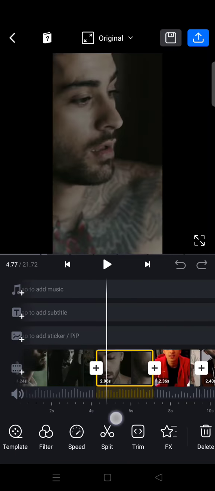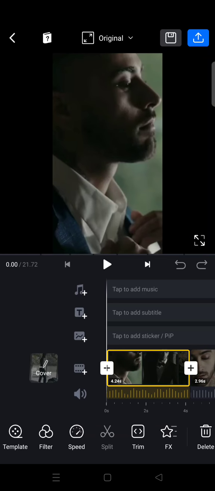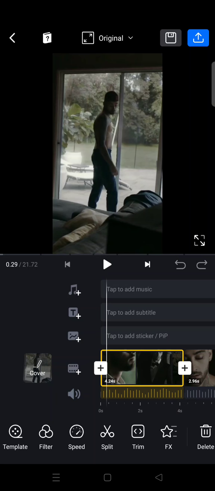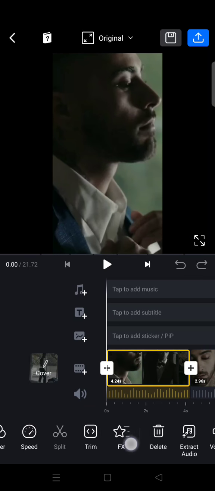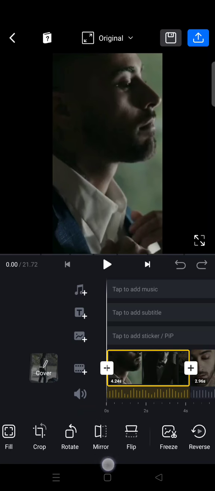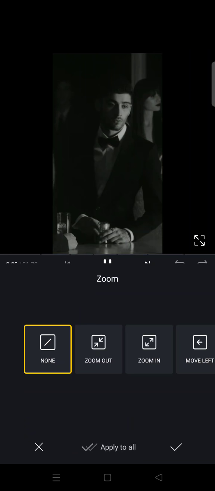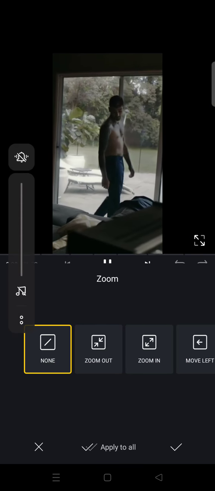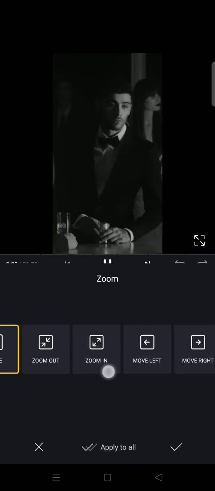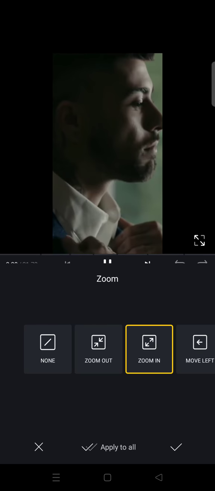and in here if you want to use the zoom effect, just click on each clip and find the zoom options. Okay, so just browse over the toolbar at the bottom until you find zoom. This one's right here. Click on that and then you can choose the zoom that you want. For example, I want to zoom in,